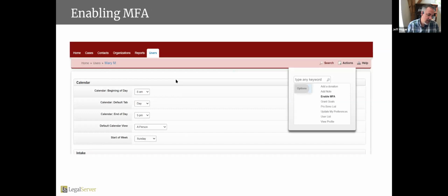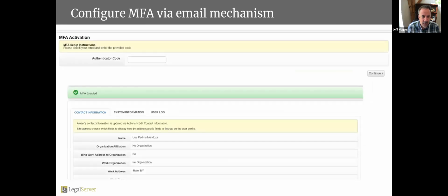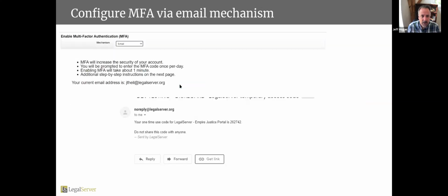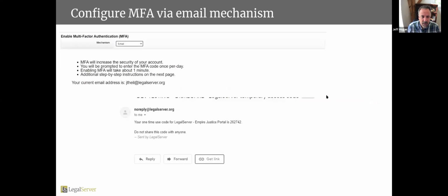There's no way around the fact that the user is going to have to do some stuff, and you'll have to know what your users' tolerance is for new things. The user is going to have to actually connect themselves to multi-factor authentication, because it's one user at a time. You have to turn it on for yourself, because obviously there's a chicken and the egg problem. I guess that's the only way I can say that. When the user goes to enable multi-factor for themselves, this is a user looking at their own user profile, enable MFA.